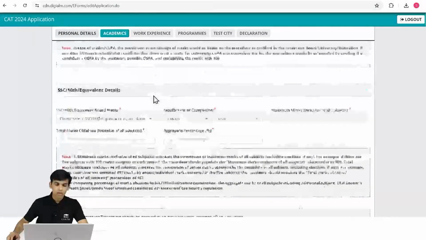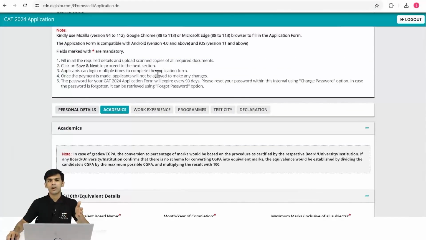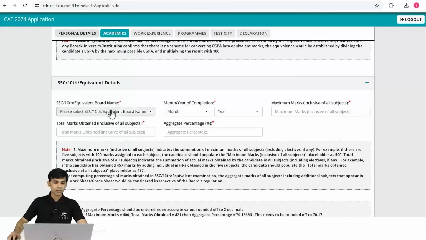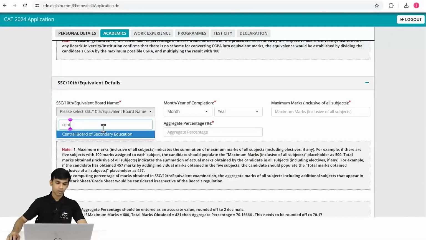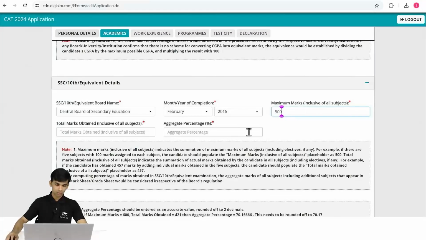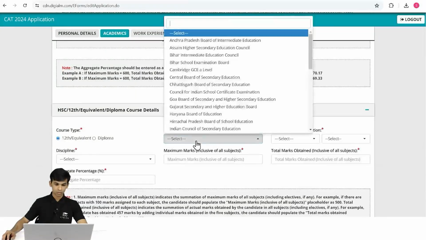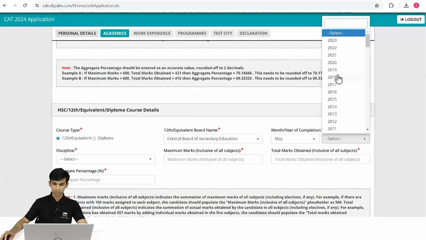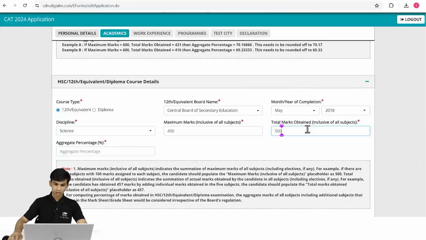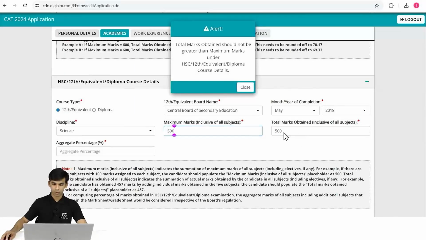Then, so this is the academics part. So it's basic, right? There are 10th, 12th and your undergrad. If you have done other things like CA, CFA or other certification courses, you also have to add that. If you have done a post graduation, also add that. So let's try to fill the details here. So fill in your board, your year of completion. So fill in the maximum marks, which is the total marks that you've received, and